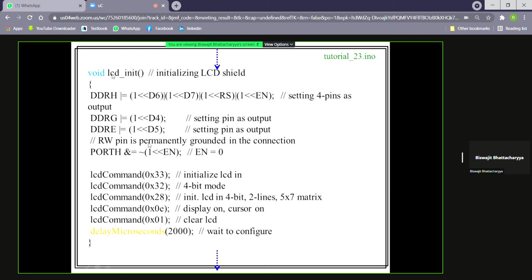Say LCD init. Initializing LCD. What is that? We are writing D6 equal to 1, D7, RS, enable. Setting these pins as output pins. Then port G.4 and so on, all these pins will be configured as output pins.